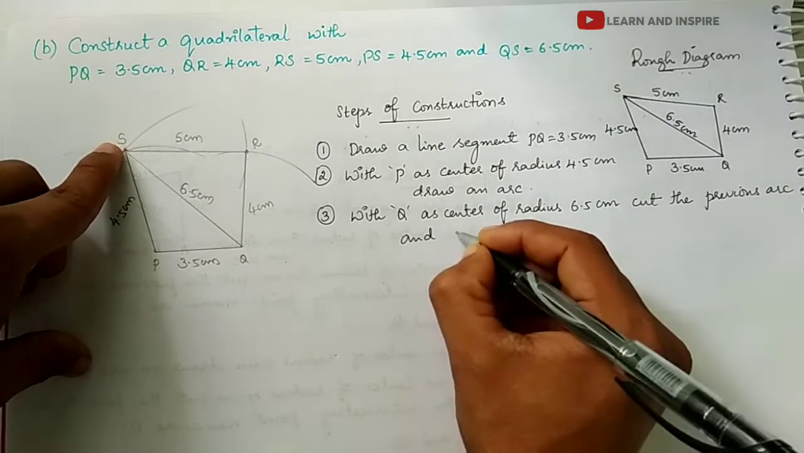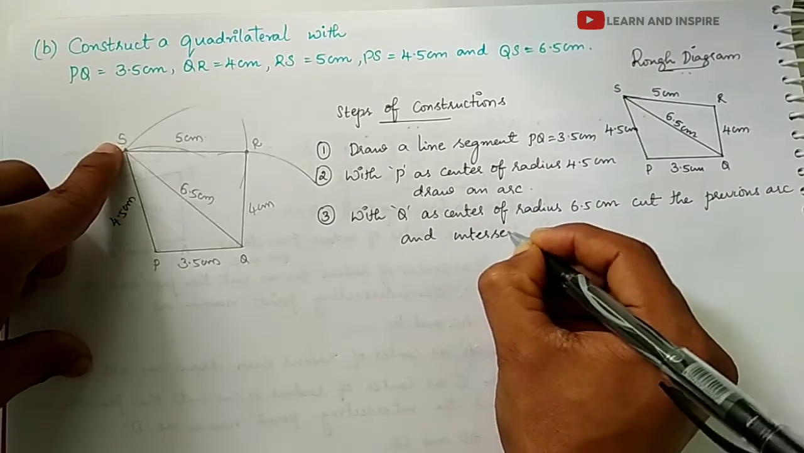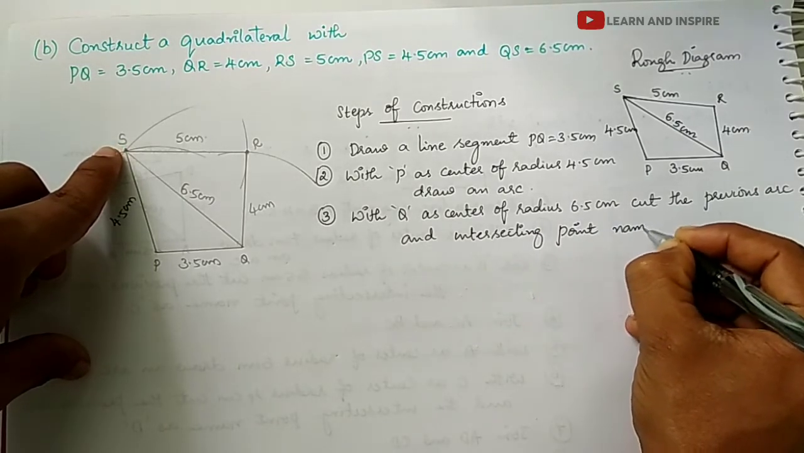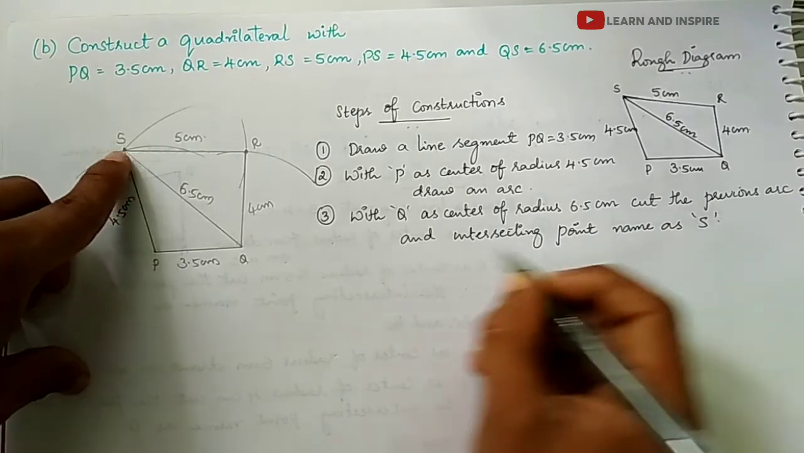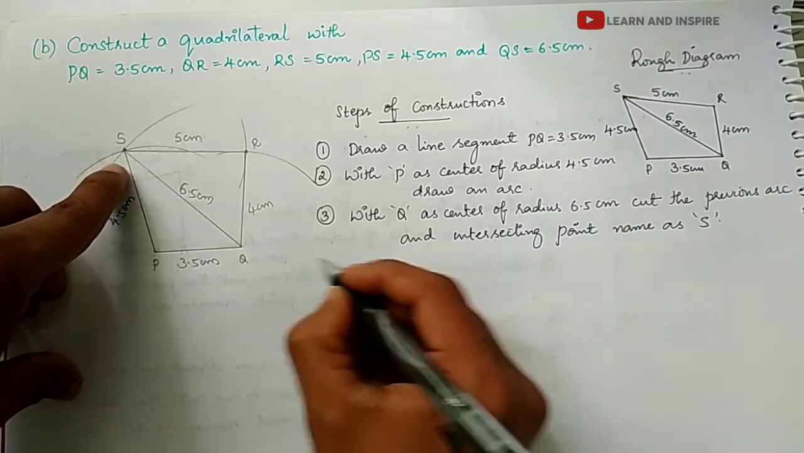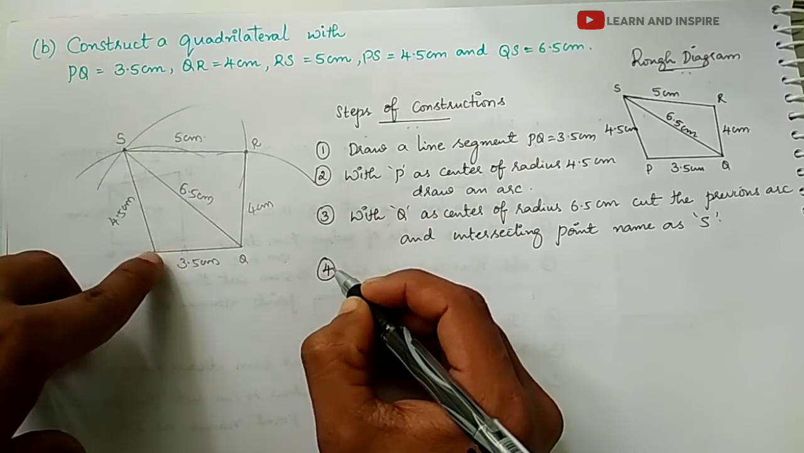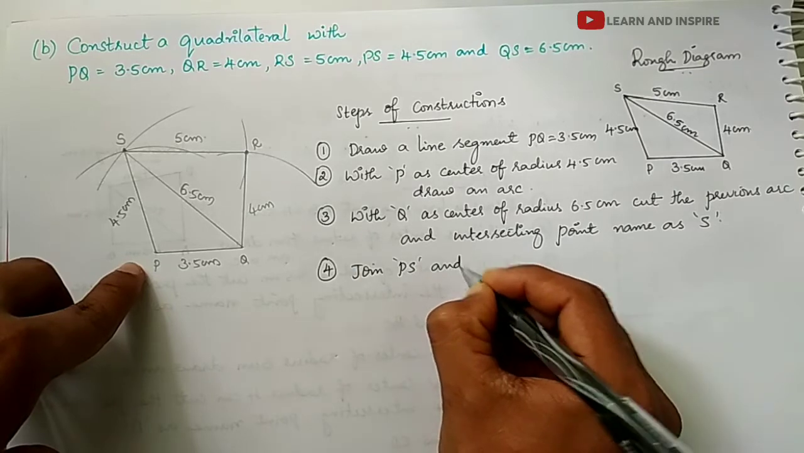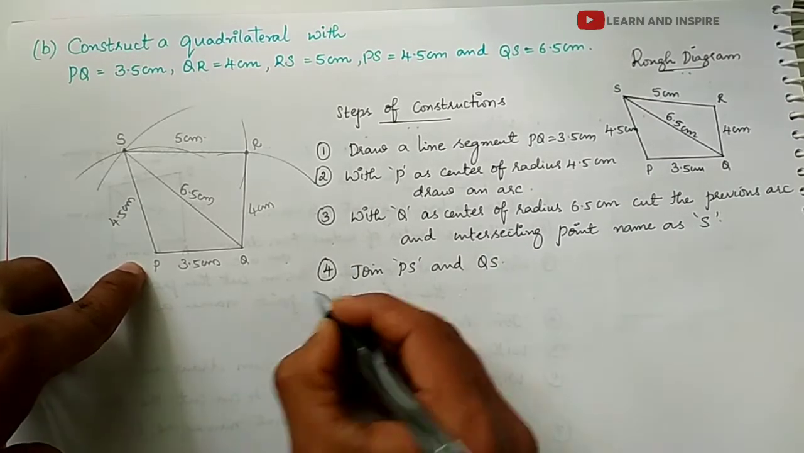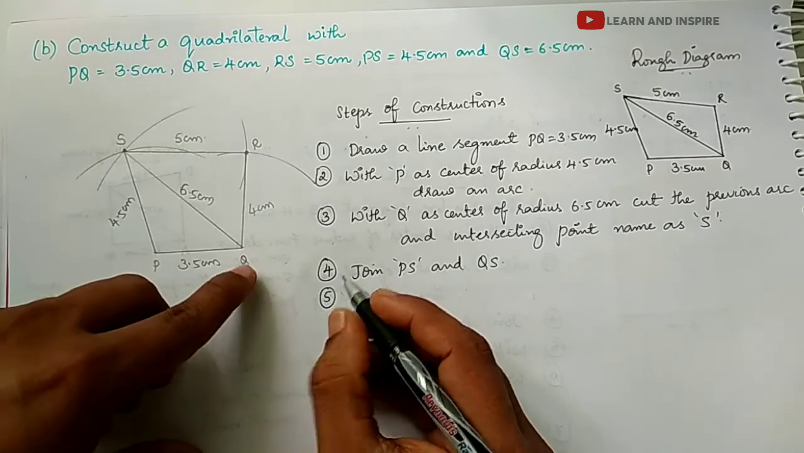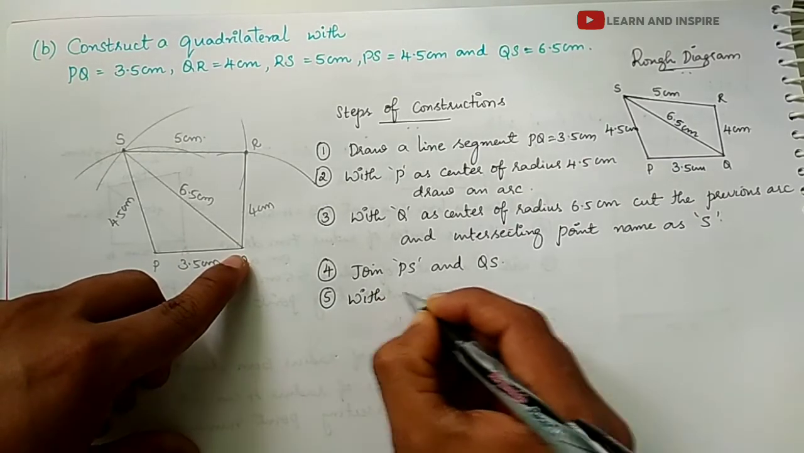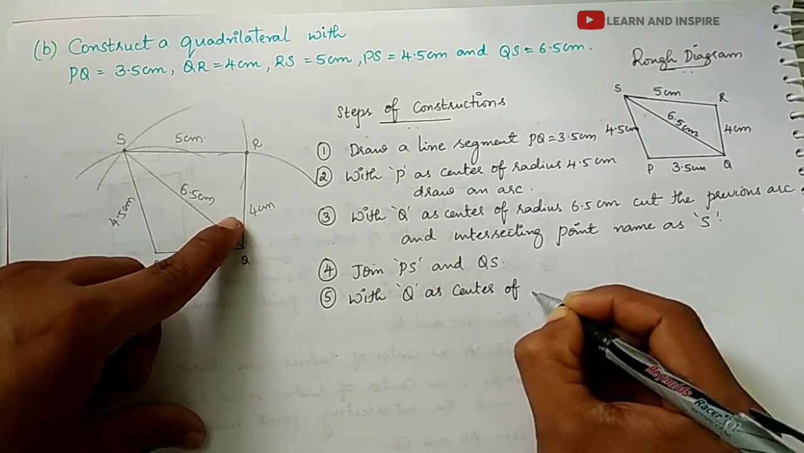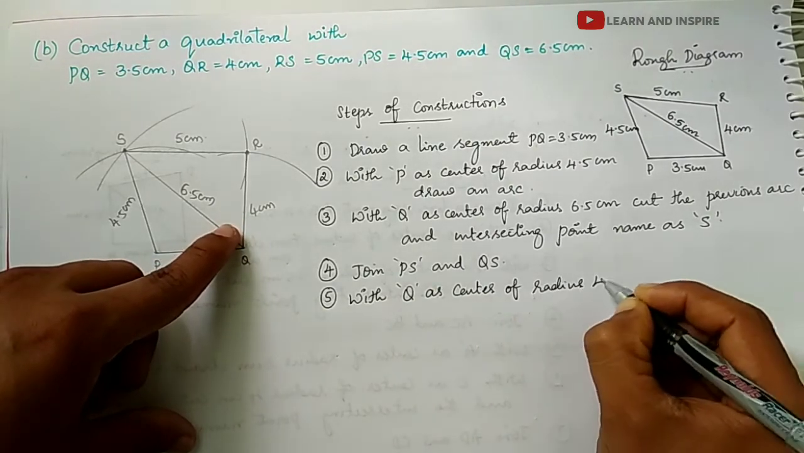and intersecting point name as S. So here we have named it as S. Okay, now fourth step is join PS and QS. So we have to join PS and QS. Okay, now step 5, with Q as center of radius 4 centimeters,